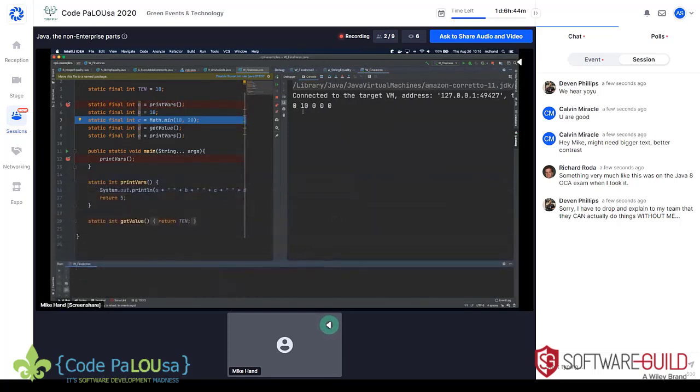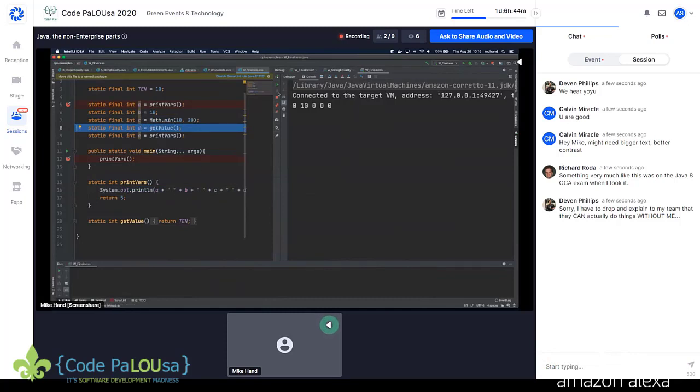So the only one that's been assigned before printVars has run is B with the value of 10. We know that A now has its value, but that's not until after the output. Now we're going to assign C, and now we're going to assign D through getValue. So D will now have its value, and we're going to call printVars again. So that's going to output A, B, C, D, E, and we're going to see A, B, C, D with their values, and E still doesn't have a value. So the JVM says it's 0 until you tell me otherwise.